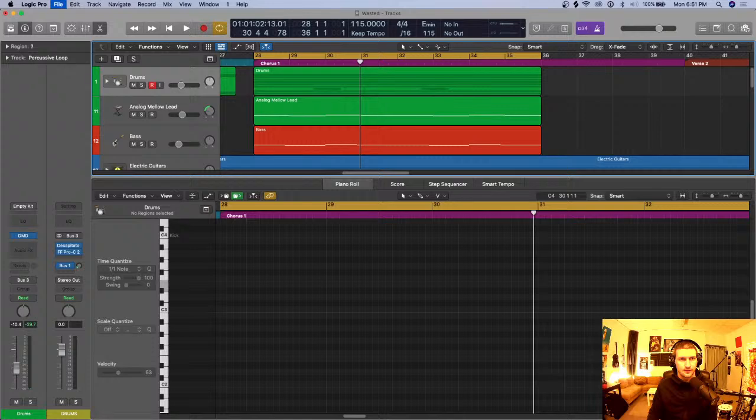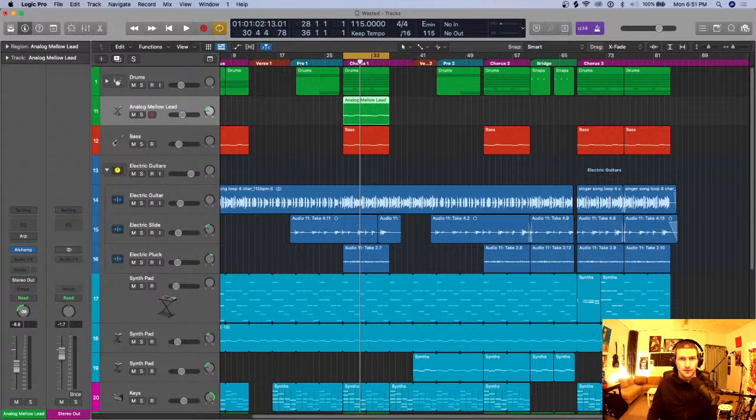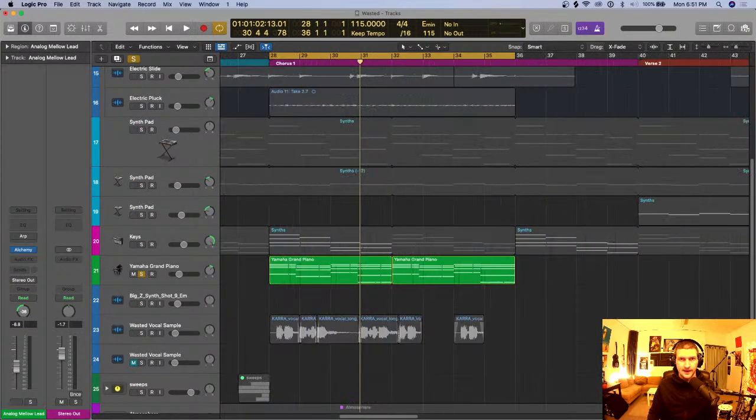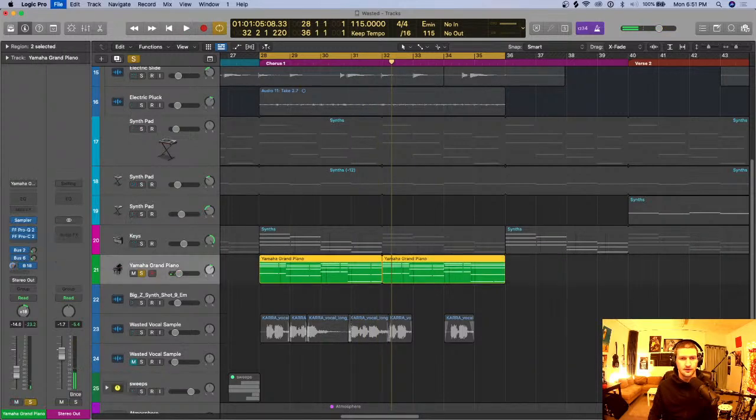Let's look at the other tracks here. We've gone through these guitars. And you'll see here with whole notes like this piano. So the piano's quite almost doing whole notes, and there's not that much movement, but I did just kind of